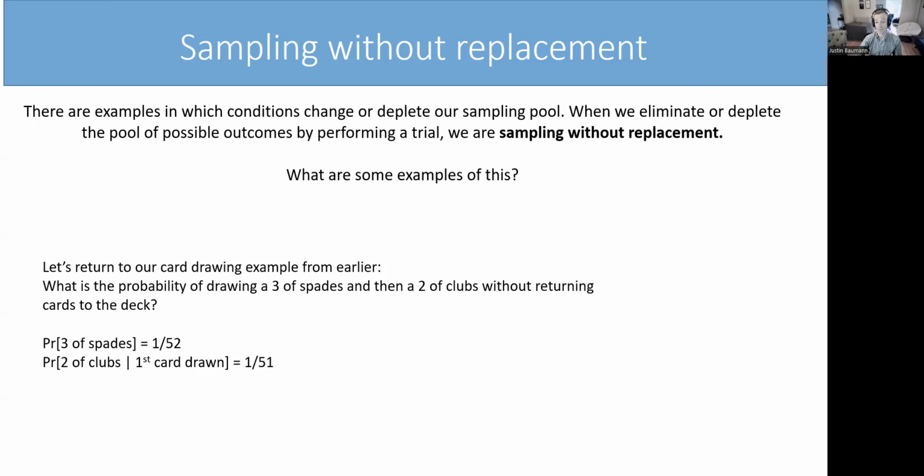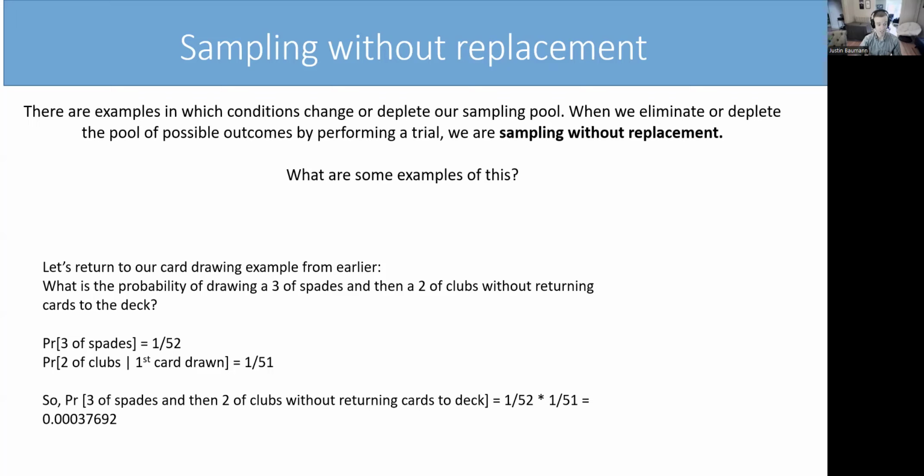Unless we drew the 2 of clubs the first time, which we didn't because we had to draw the 3 of spades, the probability of getting the 2 of clubs the second time is 1 in 51. So the probability of a 3 of spades and then a 2 of clubs without returning cards to the deck is 1 in 52 times 1 in 51, and it equals